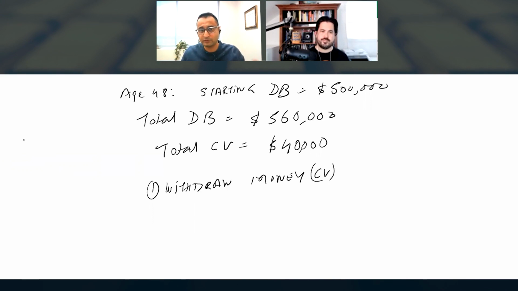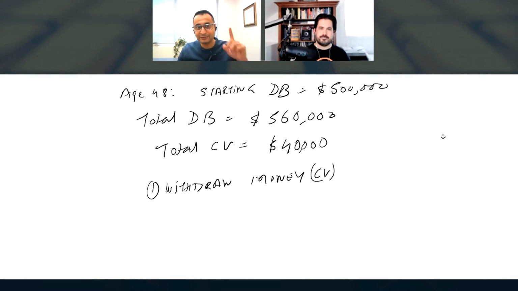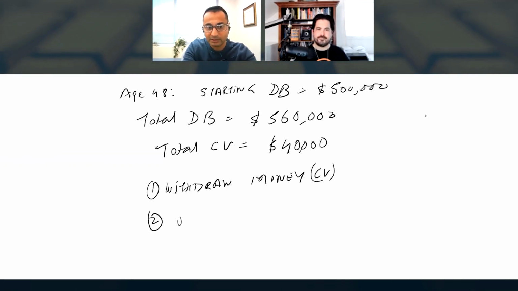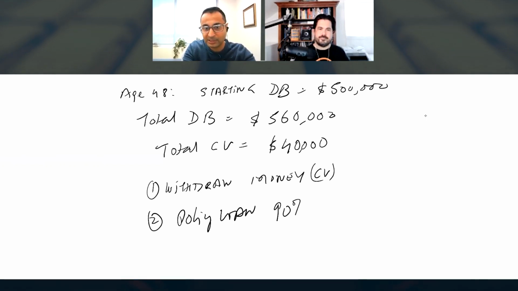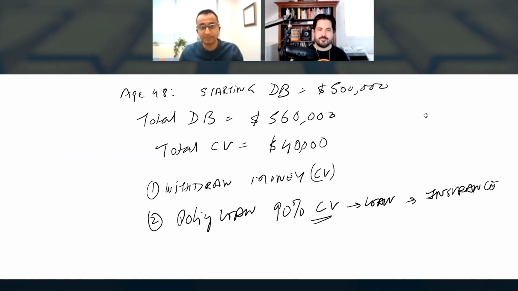You have the option called withdraw, but we would never elect that option, because remember, money has value, and the first value of money is the future value of money, what it can earn for us in future. So by virtue of us withdrawing money, we take away the future value of money. The other way we can access money is via a method called a policy loan. At any time we can borrow 90% of our cash values via loan from the insurance company directly. So insurance companies stipulate in the policy contract that as a policy owner, you can access 90% of your